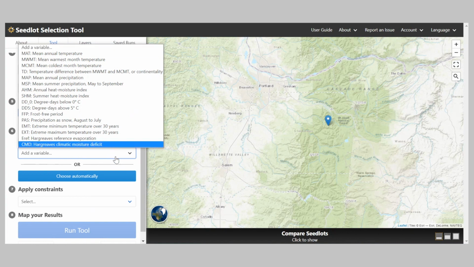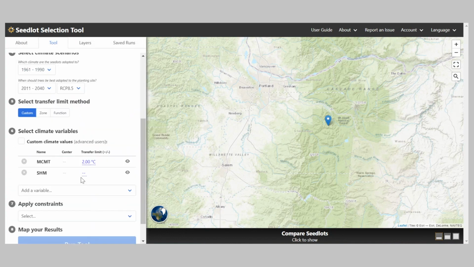So you can set specific variables if you know that those variables are important to the species you're working with. But you will want to use empirical evidence to support using particular climate variables for certain species of interest. If you don't know which climate variables to choose, then the recommendation is to just click the Choose Automatically button, which is what we're going to do for this exercise.